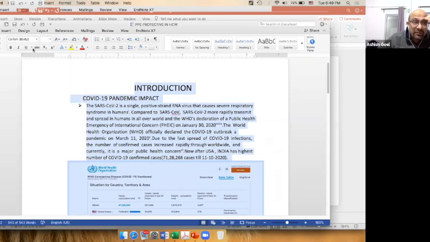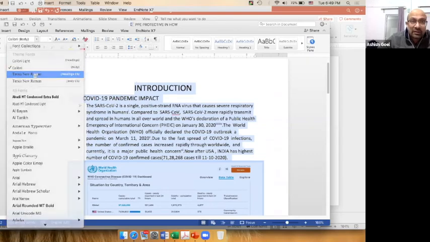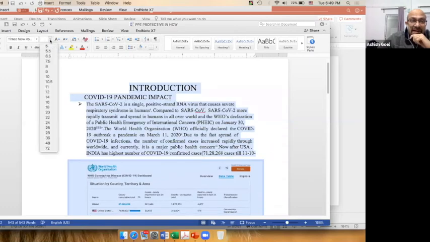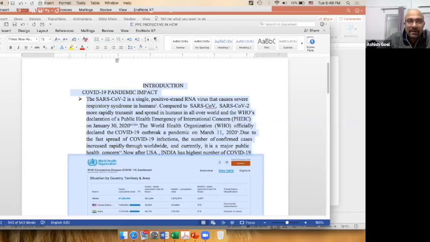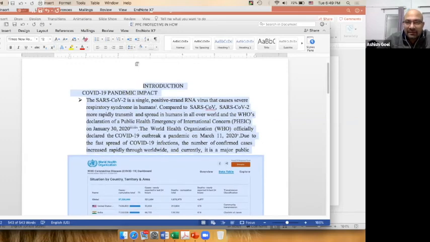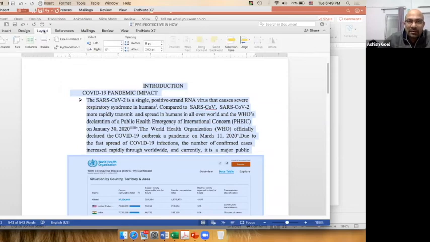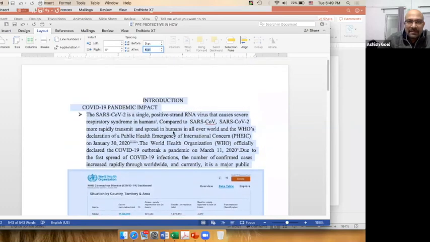Now the font, we will put it into Times New Roman, and we will select the size 12, which is the standard size. We said we want the spacing to be 1.15. That's how you can get it. Then there is a tab called layout up here. Here it says before there is 0 spacing and after there is 7.92 points. So generally 6 works best, and if we do it 6, then we have it appropriately placed.